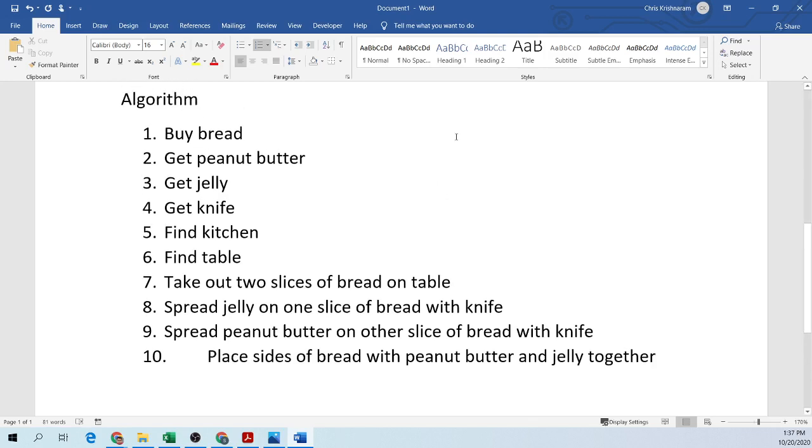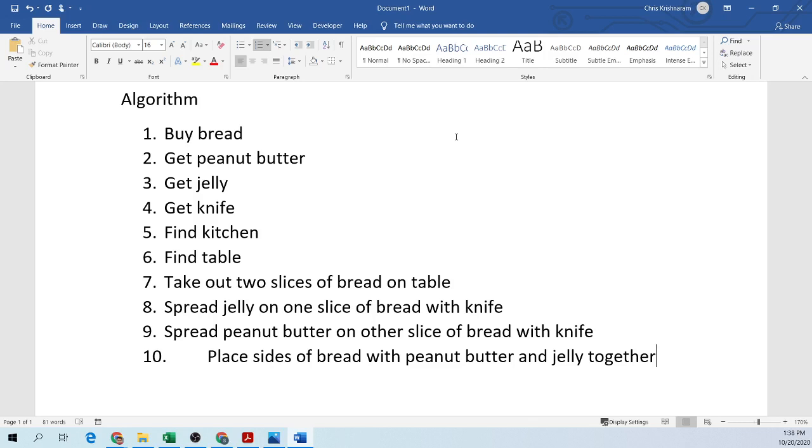There might be a few steps that we missed, but this gives you a very good idea as to how you are creating your algorithm. You need to be specific. It's just as Kishan said. Anytime you're creating an algorithm, you need to think as though you are giving instructions to someone that doesn't know anything. That's why in the beginning I said, imagine a person that doesn't know bread, that doesn't know jelly, that doesn't know peanut butter. And that is why, because most of the time,